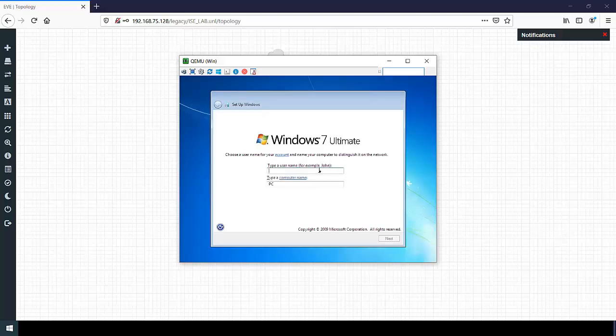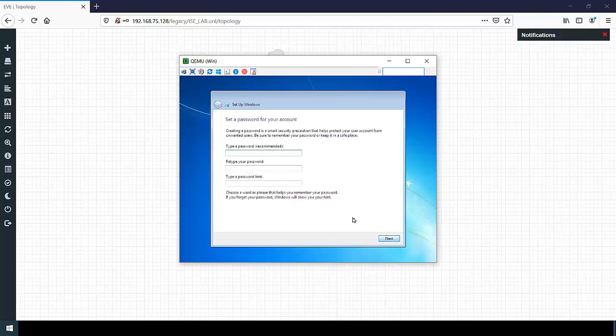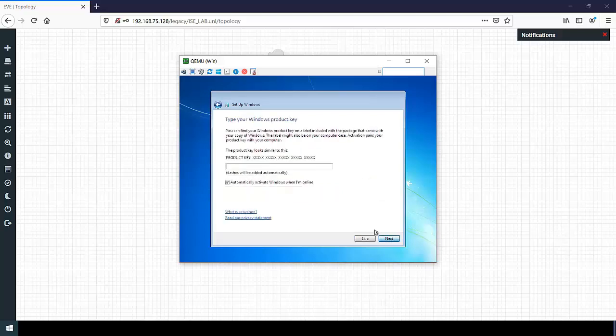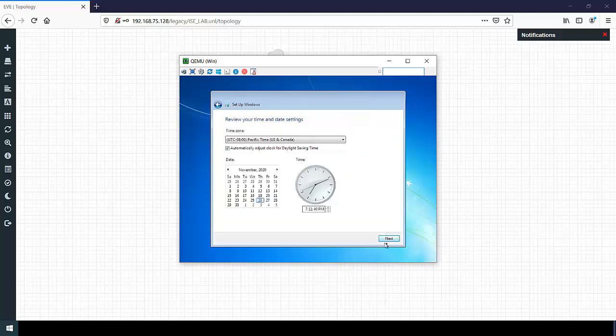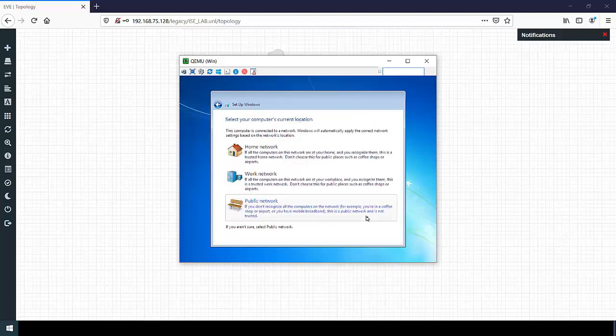So enter your username. As it is a lab setup, we are not going to enter password for it for now. We do not have the product key, so we will skip it for later. And also we will not use recommended setting for now.